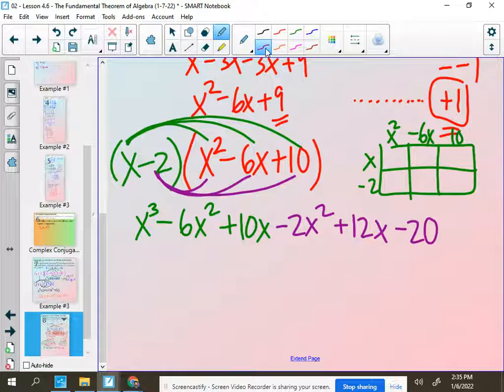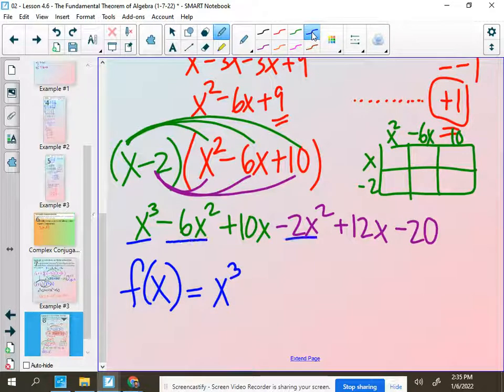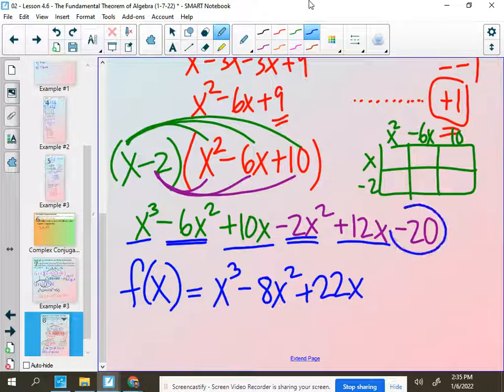We're so close. Get your stuff together. I think we can jump right to it. It said call it f again. So f of x equals, what stuff do I got to get together? This is solo, so x to the third. I've got a couple x squared terms. So that's going to be negative 8x squared. This is usually where I make my mistakes too. I'm feeling the end of my video and oh my gosh, we're so close. Don't screw it up though. 10x, positive 10x, positive 12x, positive 22x. And then last but not least, we've got this negative 20